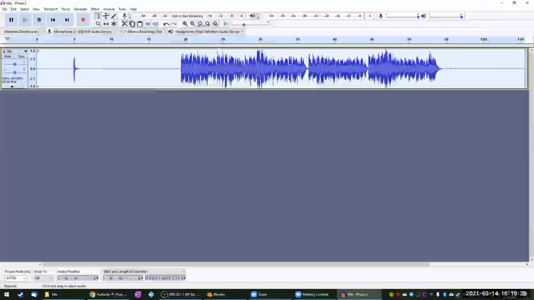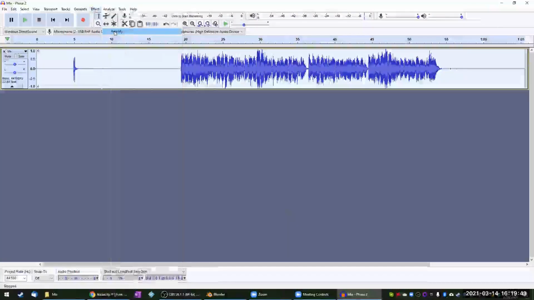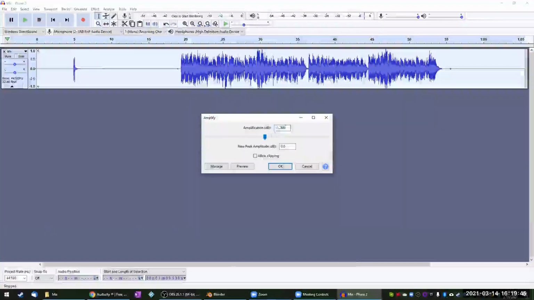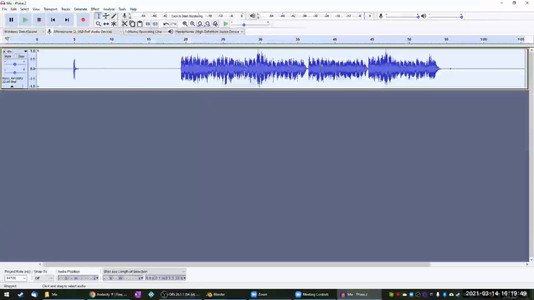And when you do that, it is going to blow your sound up a little bit. And if these waves get bigger than your track, you're going to have popping in the speakers. So that's why the last thing I do before I'm ready to export is an effect called amplify. And you would think amplify is going to make everything bigger, but in the case where the waves are too big, it actually will add a negative value automatically and bring it perfectly in line with where you want it to be for release.